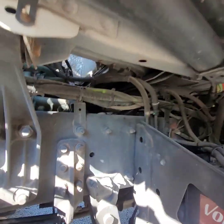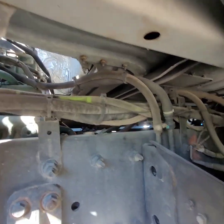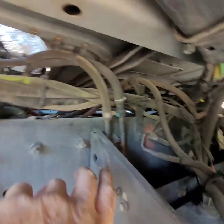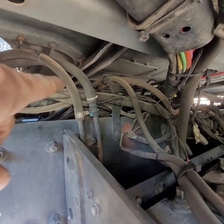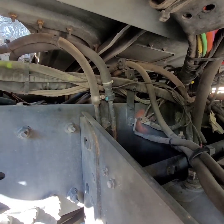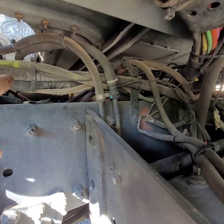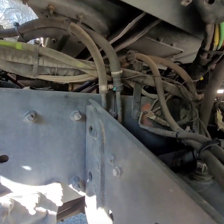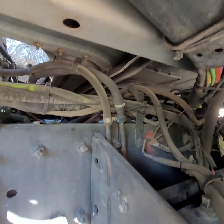The other side was a lot easier because it was more open. I was actually able to use a scissor jack to brace the cab of the truck. I put the scissor jack on the frame, and I didn't have all these wires and cables and hoses and things right here in the way. It was more open on the other side. But